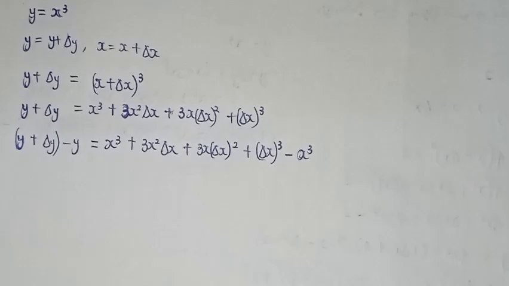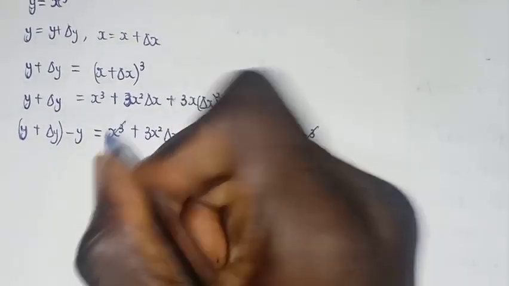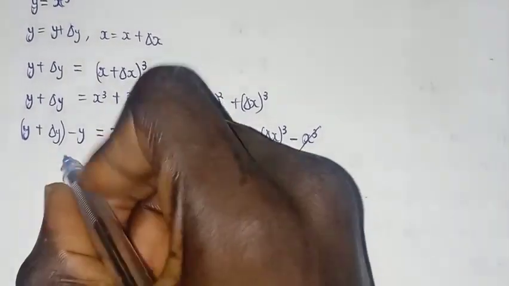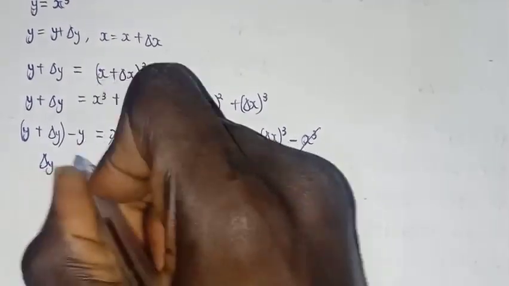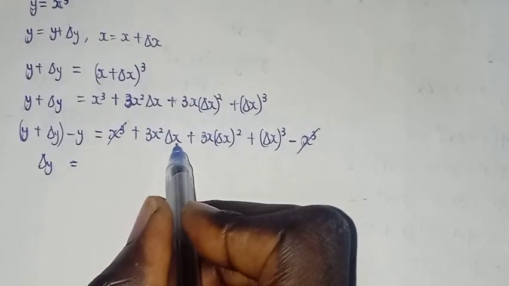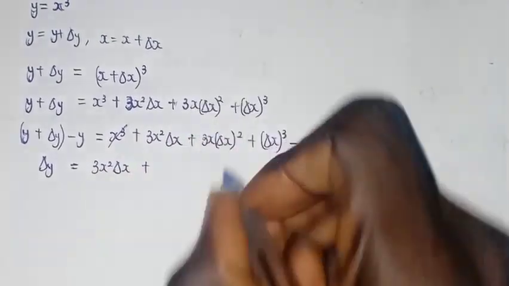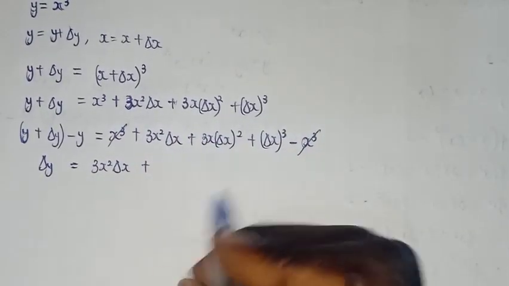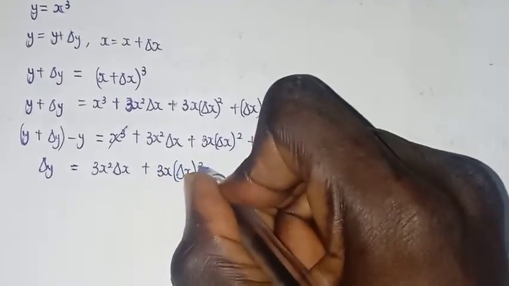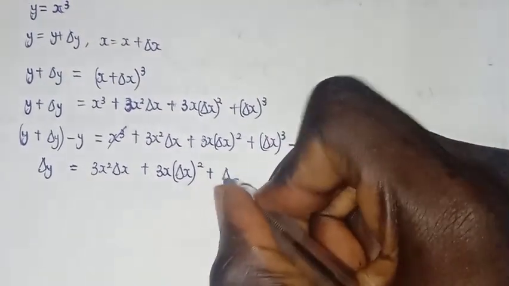X cubed. And so some things will cancel out. So this will cancel out this, and then on the left hand side as well, y will cancel y, so we have delta y. And then on our right hand side we have 3x squared delta x plus 3x delta x all squared and then plus delta x raised to the power of 3,